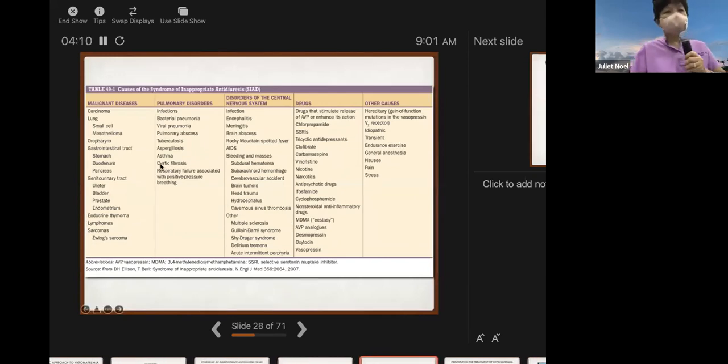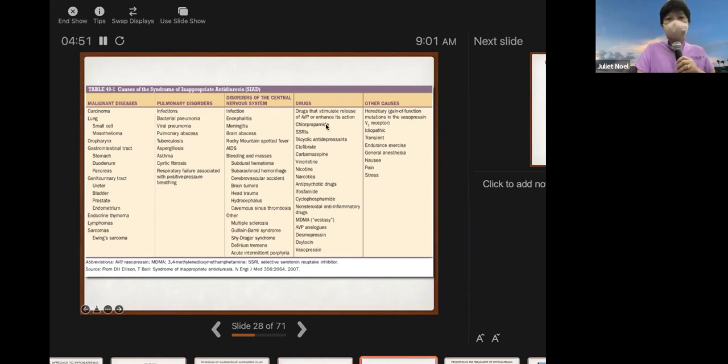So the causes. These are the common causes: malignancy, usually the lung, GI, and GU tract. Pulmonary diseases, so ordinary pneumonia can trigger it. So PTB, viral pneumonia, fungal, also any form of respiratory failure. For CNS disorders, like encephalitis and meningitis, can cause that. You have brain abscess, so